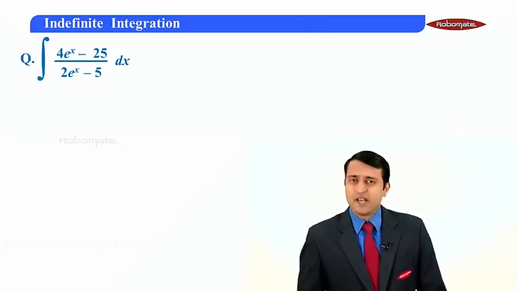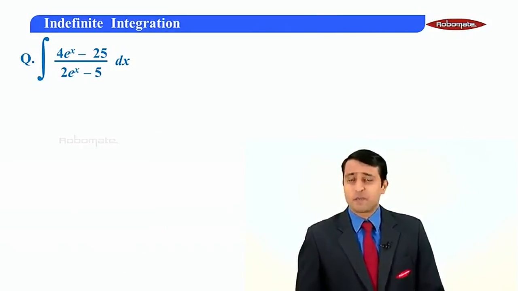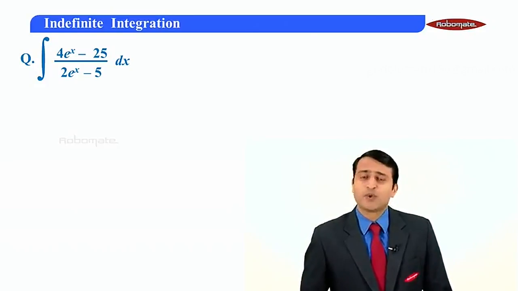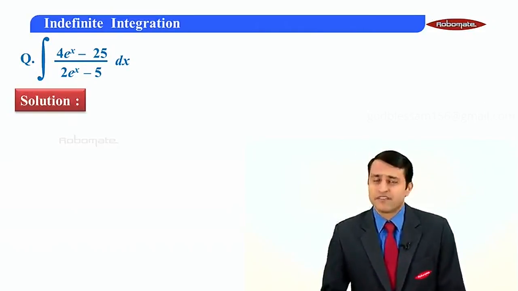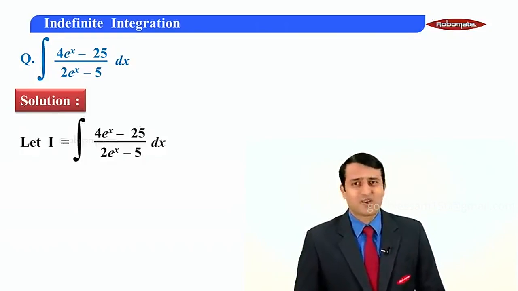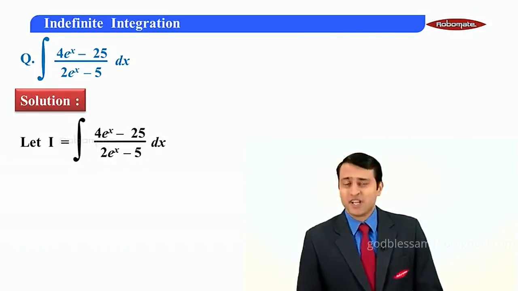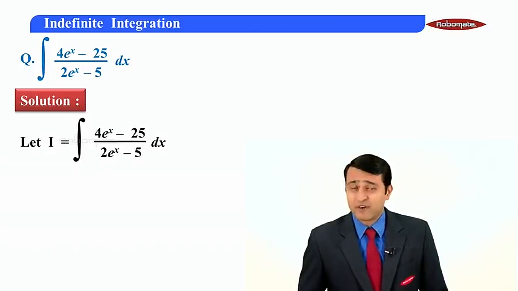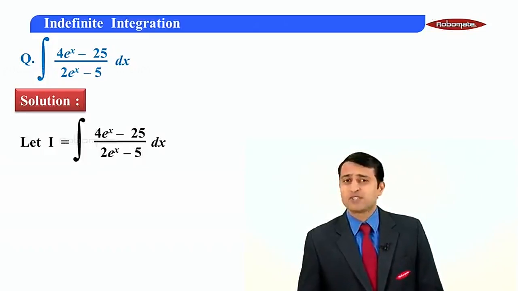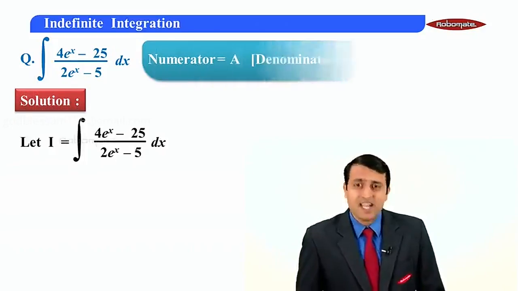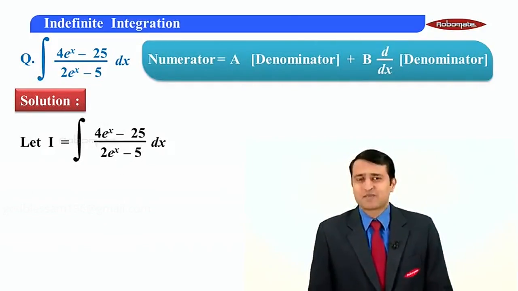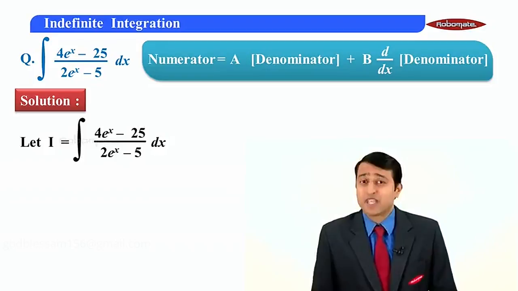It says evaluate the integral 4 e raised to x minus 25 upon 2 e raised to x minus 5 dx. Let us see the first step in the solution, and that's obvious, copying the question. Now, this is of the standard form a e raised to x plus b upon c e raised to x plus d. And the method for this type is that the numerator is a times denominator plus b times derivative